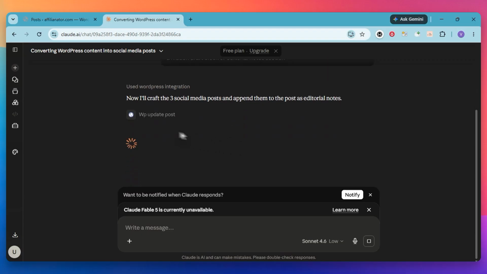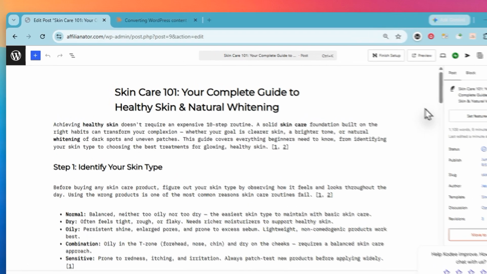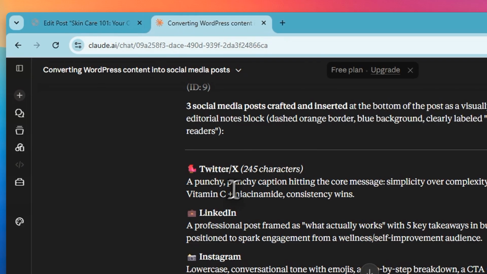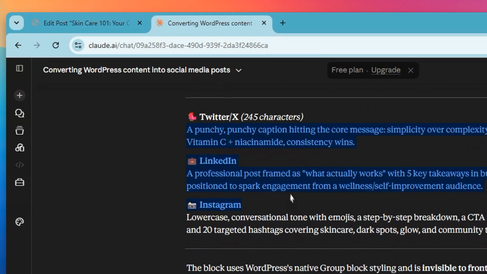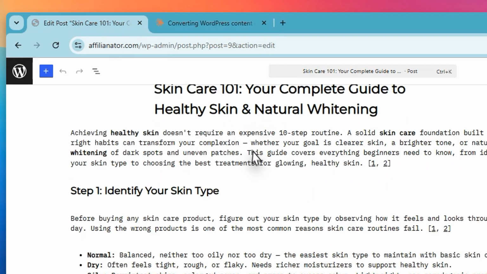This means you do not have to copy and paste back and forth between different tabs because your social content will be waiting for you right where you need it the most. By utilizing this single prompt approach, you ensure that your branding remains consistent while saving hours of tedious work every single week. It allows you to focus on the creative side of blogging while the AI handles the structural conversion